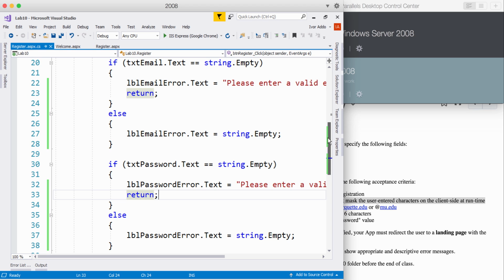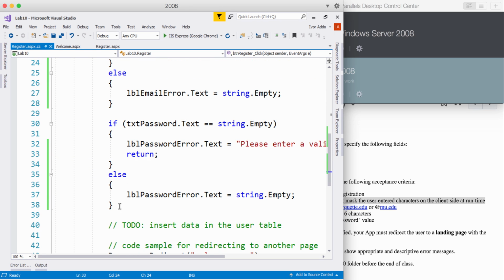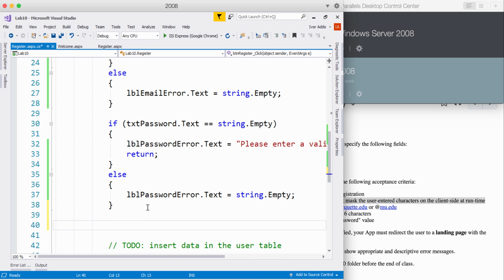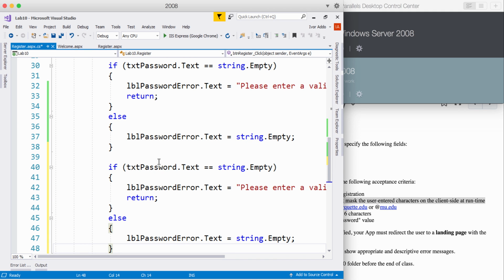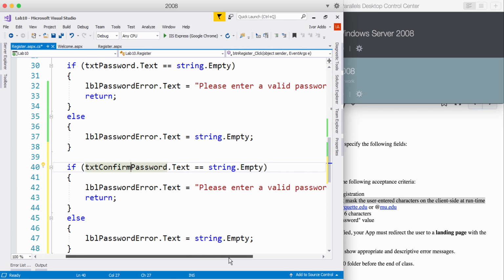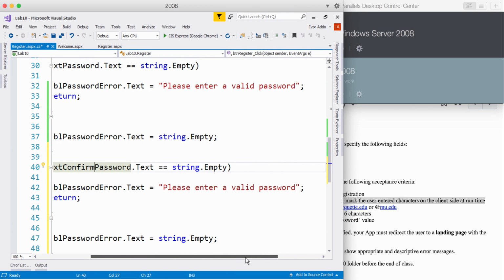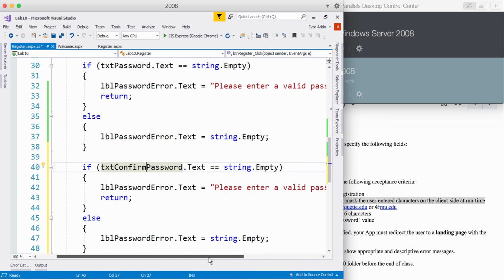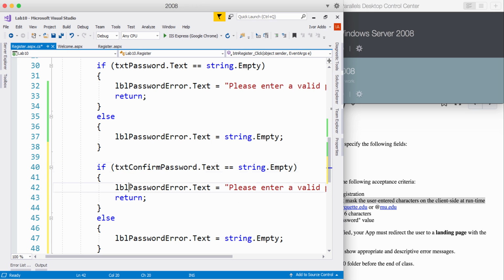All right, so a smart thing to do if you're looking to save some time might be to copy paste, but if you're copy pasting, you need to be very careful. So I'm copy pasting, I want to change this to confirm password. Right now I'm going to test if confirm password is a thing, and then maybe I can also say please enter a valid confirm password field. So you can do that, but in this case I would be testing in the confirm password error field,